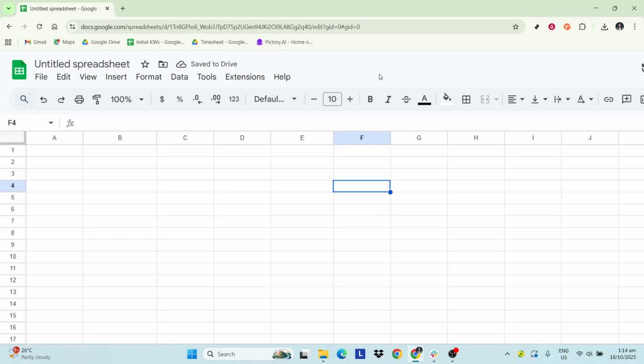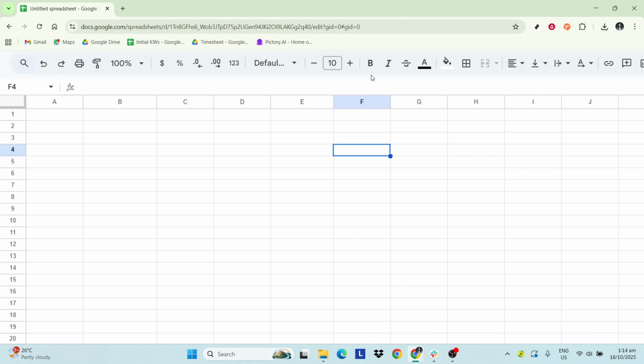In today's video, I'm going to teach you how to resize columns in a spreadsheet. Whether you're looking to make columns wider to accommodate more text or you simply want to tidy up your layout for better readability, I'll show you how to do it effortlessly. There are a couple of methods you can use, each with its own advantages, so let's dive in and explore